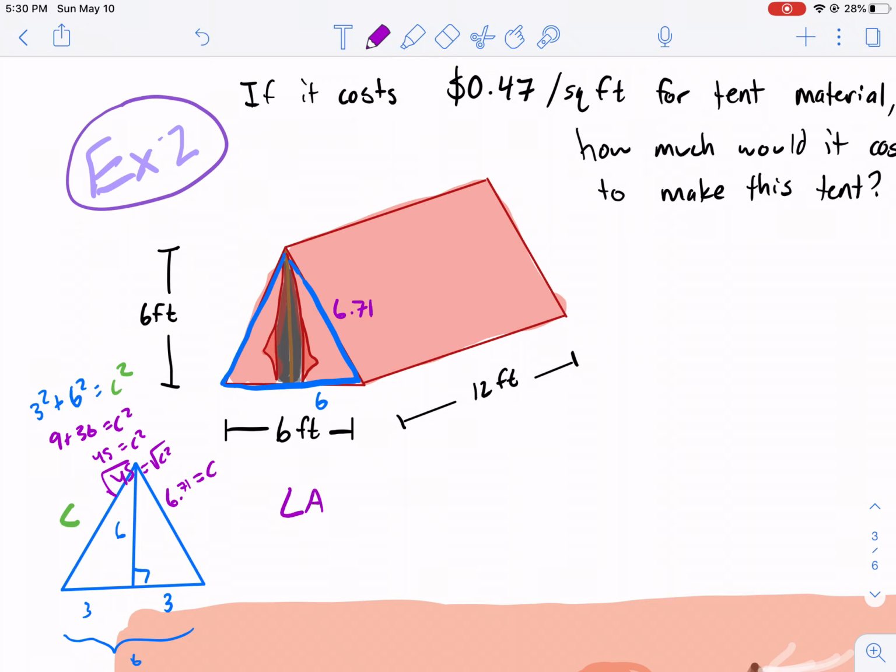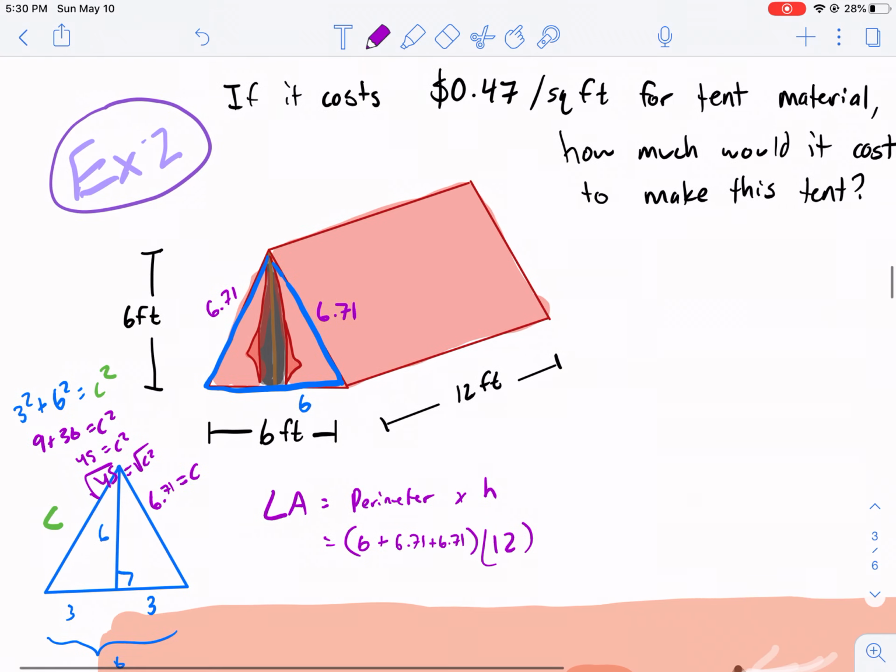So if I'm finding lateral area, I need to do the perimeter times the height. We know what the height is. The height is 12. But what's the perimeter? So we know the height, I'll put that in parentheses. The perimeter is going to be 6, that's the base, plus these two other sides, 6.71 plus 6.71, in parentheses. And I'm going to keep it in full form. I'm going to use multiple decimals. I'm not rounding it on my calculator because it's already stored. So I got